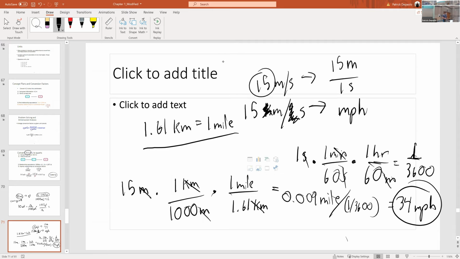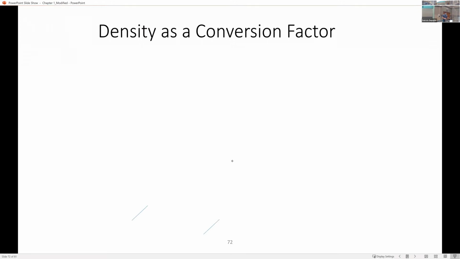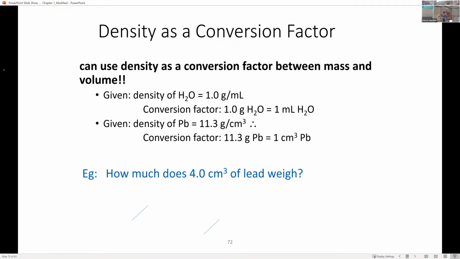Yeah. Okay, so any questions on that? And any questions on unit conversion as a whole? Because we're kind of almost done with that. Anything else that's important? Oh, density. We'll talk about that in a second. But yeah, any questions on the ones we just did? From anybody online or here? Okay,